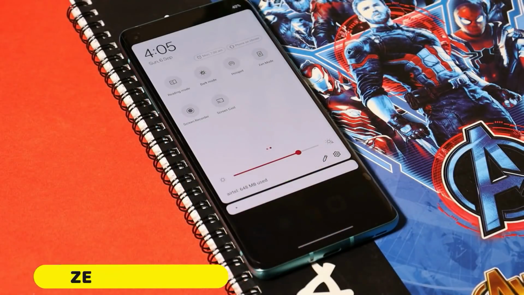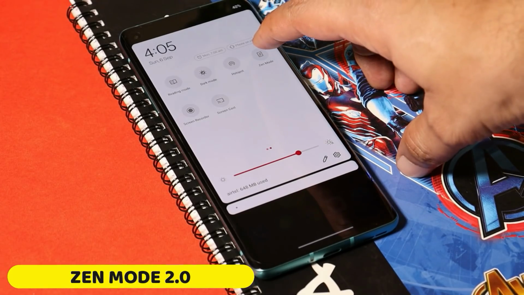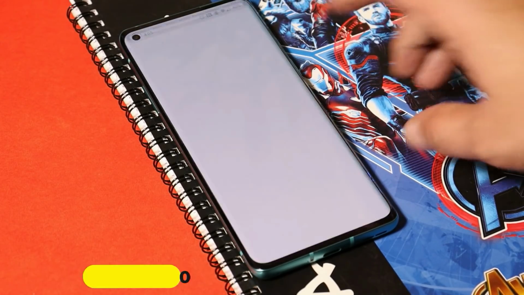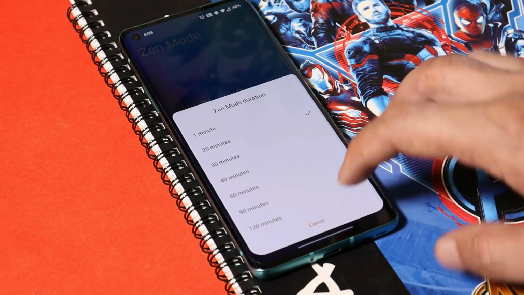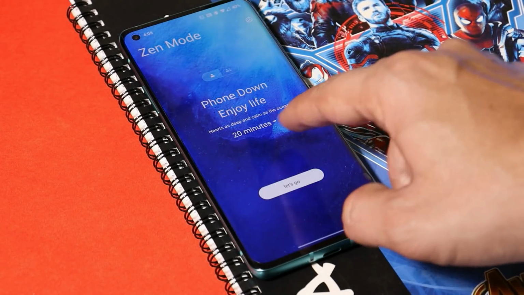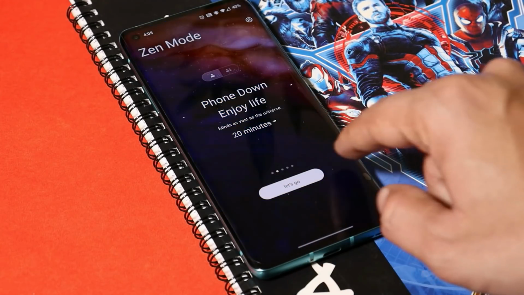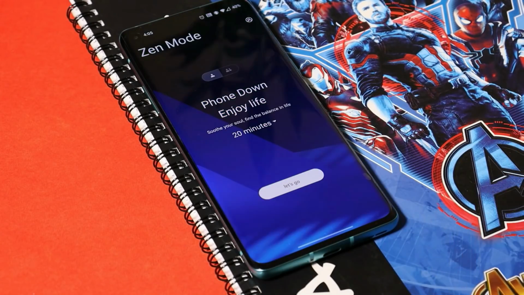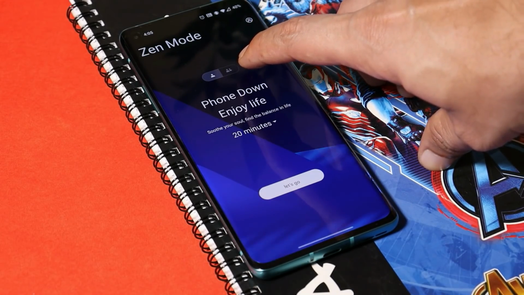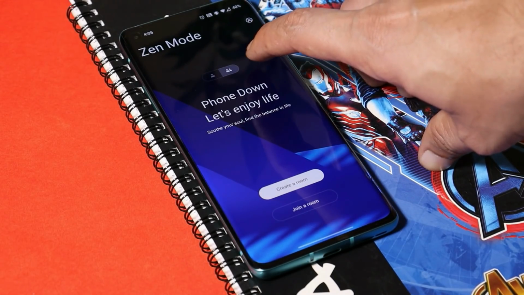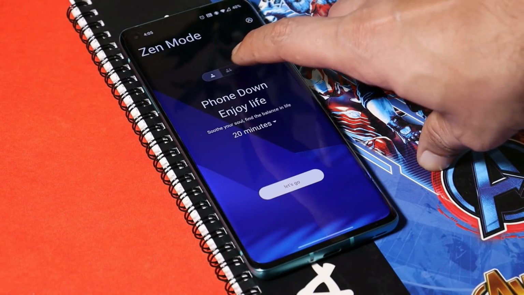And the next one is not a new feature. Here few additions have been done related to Zen mode, wherein the time duration has been increased up to a max of 120 minutes and they have newly added 3 themes. Along with that, if any friend of yours is using OnePlus and wants to use Zen mode, then you can create a room or join a specific room if someone has created one.